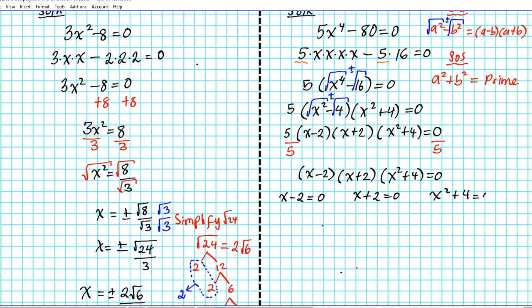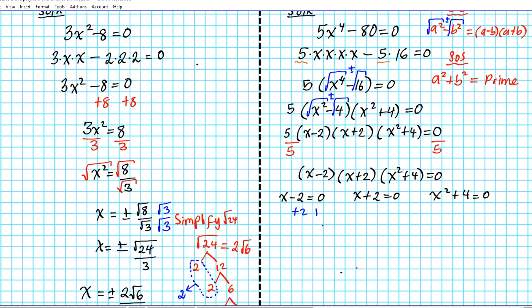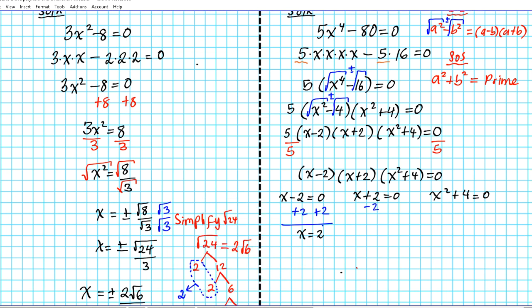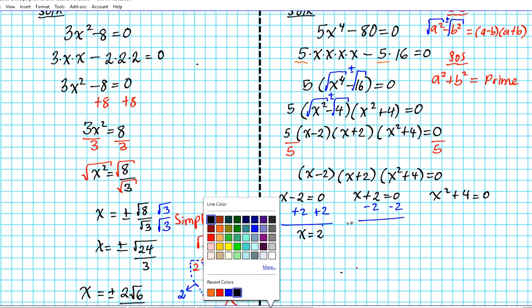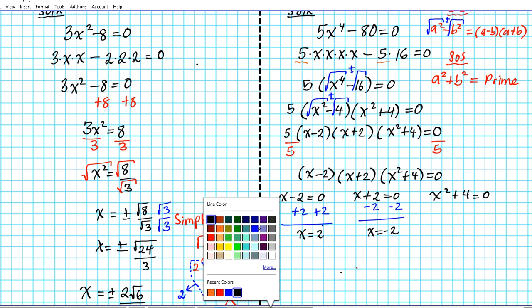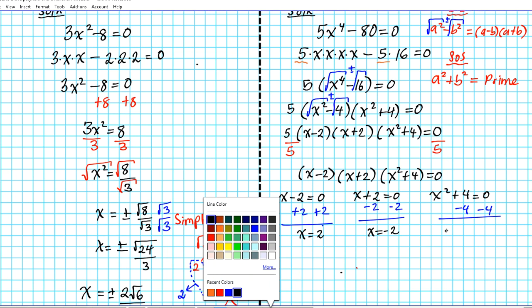To solve the first one, we add 2 to both sides, and that gives us x equals 2. That's the first solution. And then in the next one, we are going to subtract 2 from both sides, and that will give us x equals negative 2. And then the last one, we're going to subtract 4 from both sides, and that will give us x squared